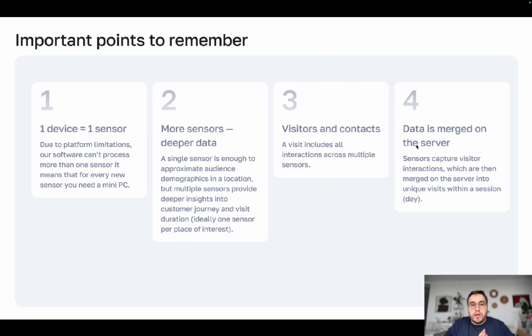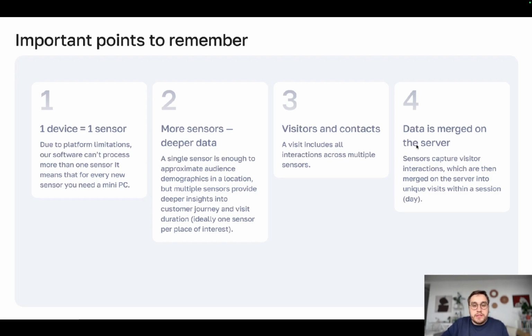One in the entrance zone, one in the checkout zone, and one maybe somewhere in the important area of your store. For example, if you have a supermarket, you can have one in the zone with drinks, soft drinks. This way, you will be able to know how many people enter your store approximately, because we cannot guarantee 100% correct people counting. It's just an approximate number. How many of these people go to your key area of your store, in our case soft drinks in our example, and of these people how many come to the checkout zone,